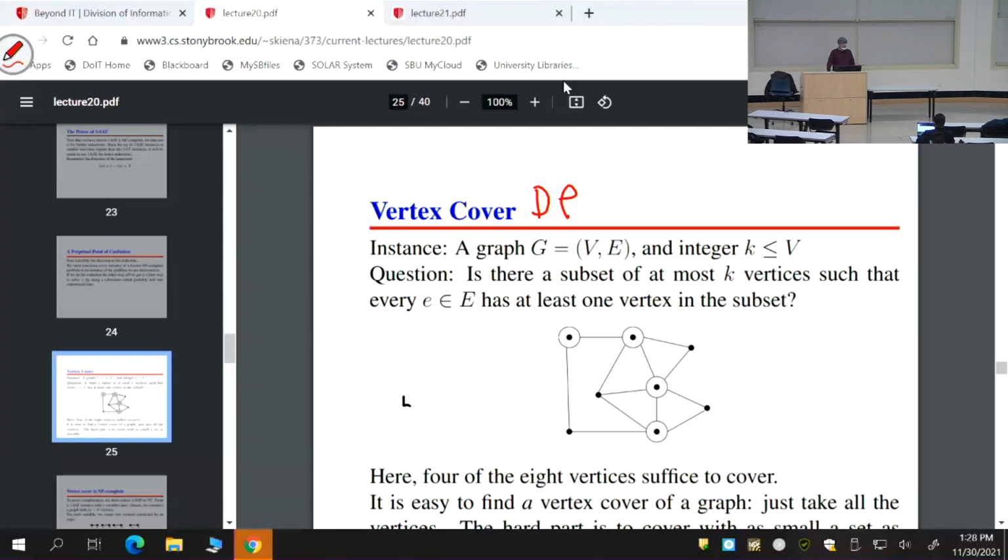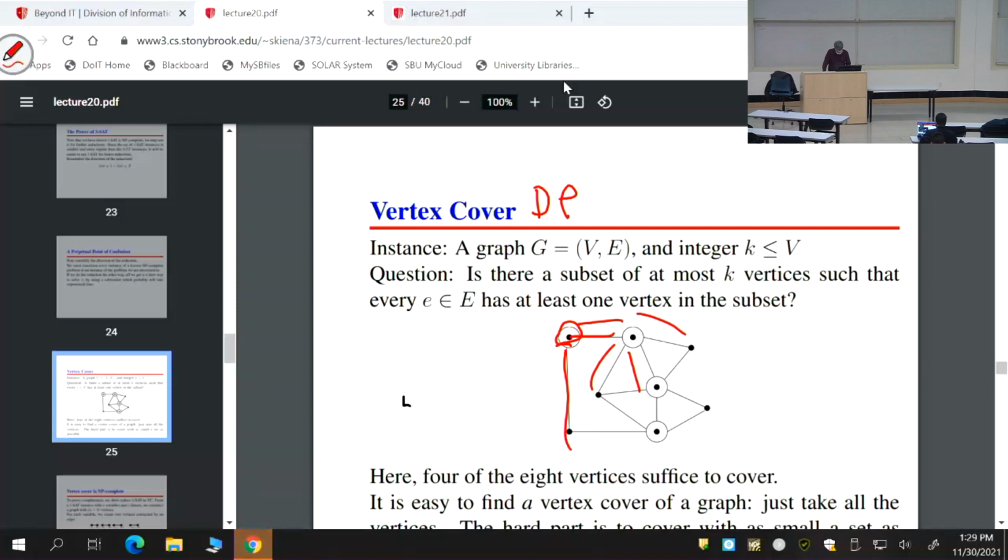Was there another problem that you have dealt with here that smelled a little like vertex cover? What was it? Minimum set cover, right? Is vertex cover a special case of minimum set cover? Actually, it is, okay? Because notice that you want to pick a set of vertices. If you think that each vertex comes with the set of edges that it covers,